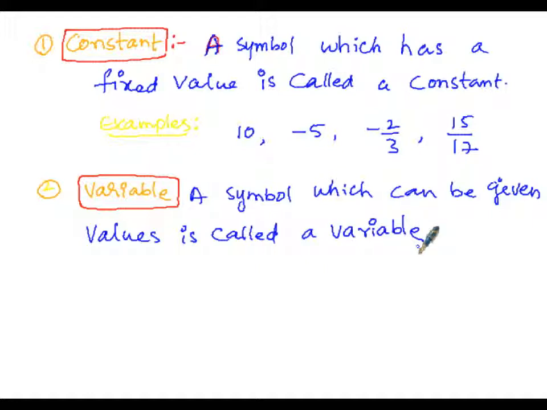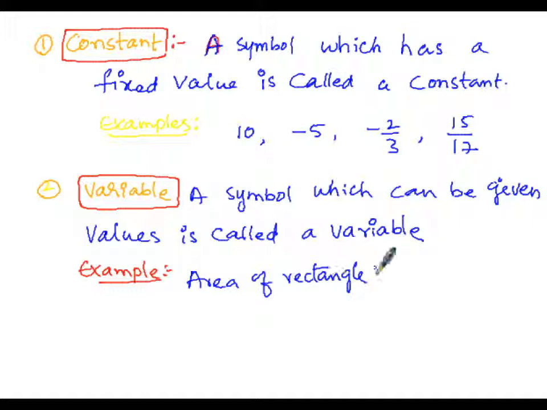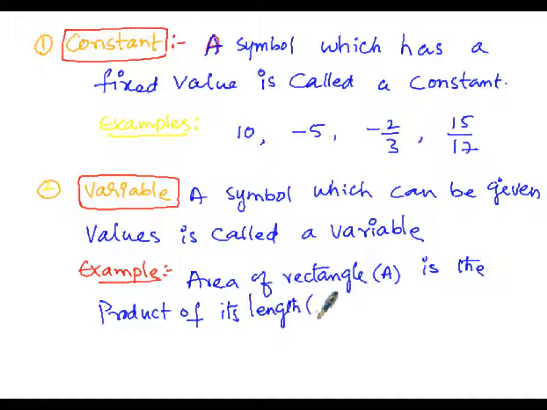For instance, let us perform one of the examples. The area of a rectangle, denoted by the symbol A, is the product of its length, that is L, and breadth